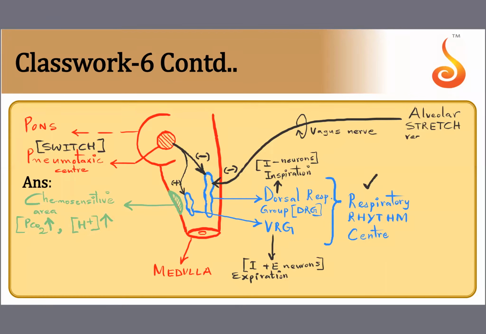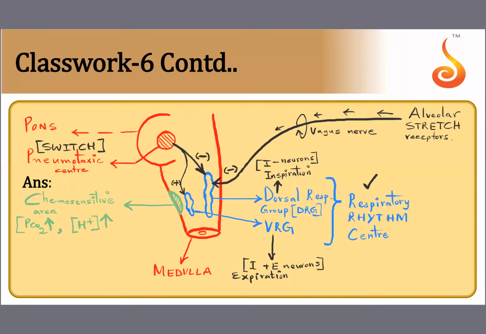It originates from the alveolar stretch receptors. So from your alveoli, which are the sac-like structures present in your lungs, when they get inflated... obviously when you're breathing in, what's going to happen to your alveoli? Your alveoli are expanding and they cannot keep expanding. And after a certain time, their expansion limit is reached. So when they have stretched to the maximum extent, this nerve will start firing signals.